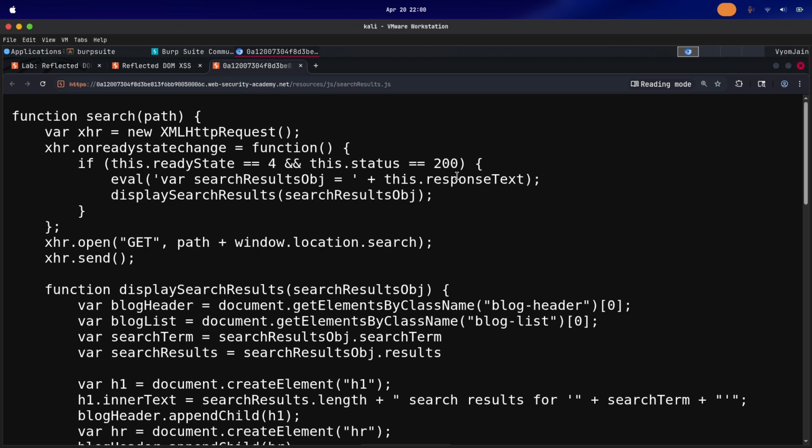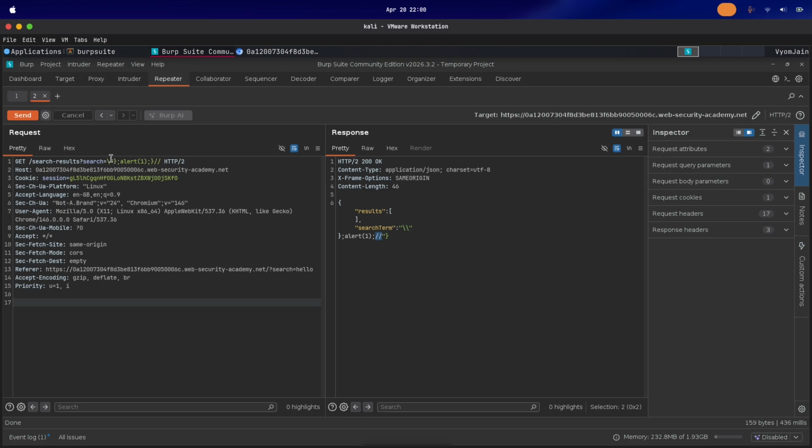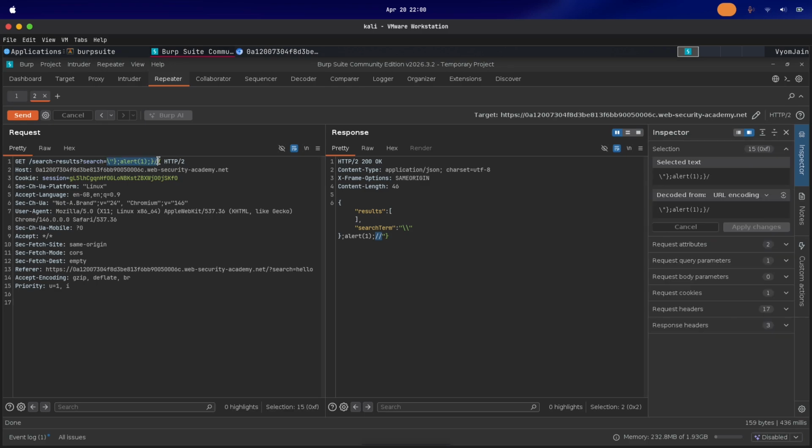So think of it as we are inside JavaScript only. We just have to call the function to get a pop-up, then it will be executed because we are in the JavaScript script only. So we looked at the Burp Suite request and we crafted a payload like this,